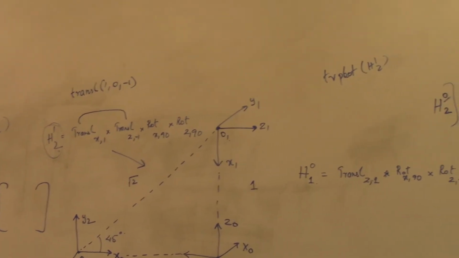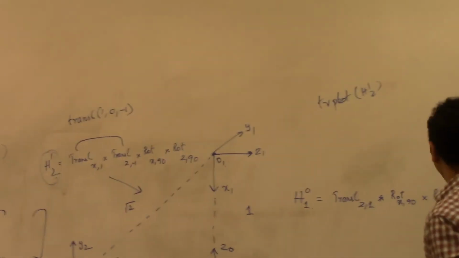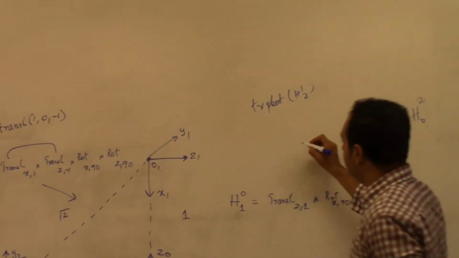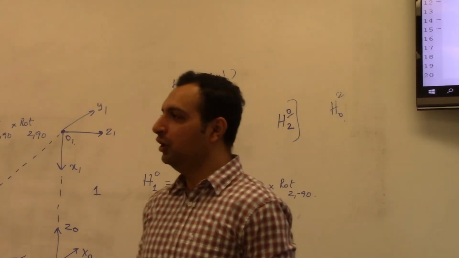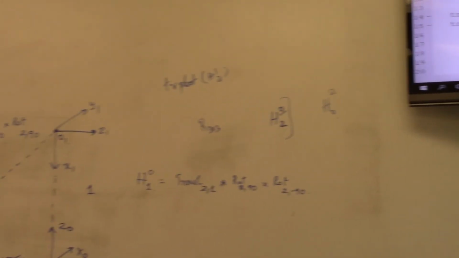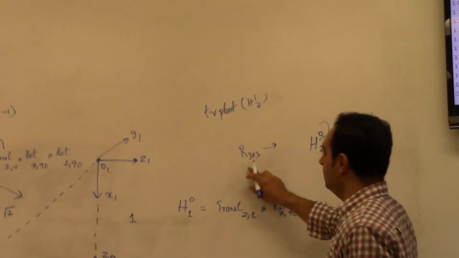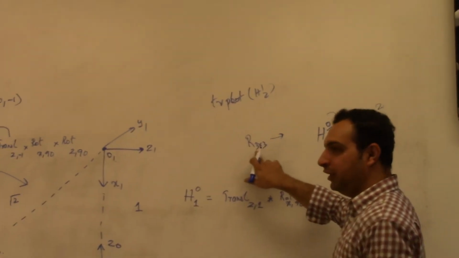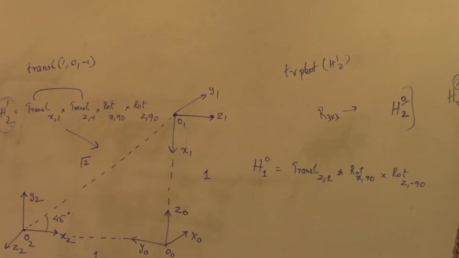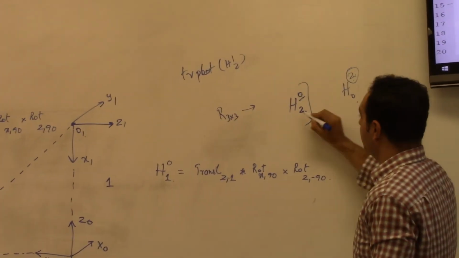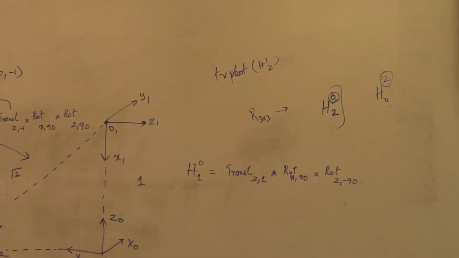So we are moving from 0 to 2. Exactly. You're moving from 0 to 2. When we discussed the R 3 by 3 matrix, we said, what does it signify? It tells you what is the rotation of the current frame with respect to the original frame, right? It defines the orientation of this frame with respect to the original frame. So when you do this, it means that this is your reference. When you do this, 0 is your reference. So what we need to find is for